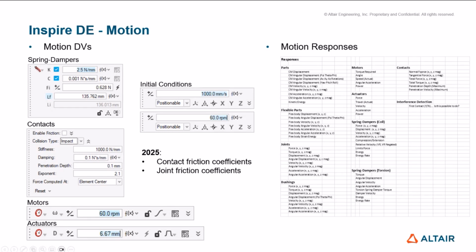Looks like a couple more are coming right now for 2025 that can also be used, and then a number of responses that are again applicable. So the motor torque here was used in the previous example, but there's a whole bunch of others that could be used. So again, if you have users or customers who are Inspire motion users, something to be aware of and take a look at. And Scott did provide me with a lot more. There are several more slides that I didn't show, and some additional examples. So I would definitely refer you to Scott if you have, and to me, if you have interest in this